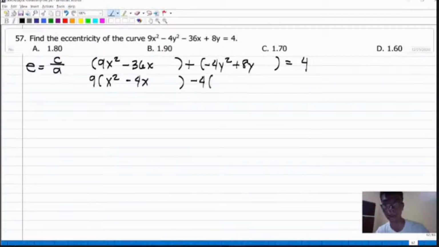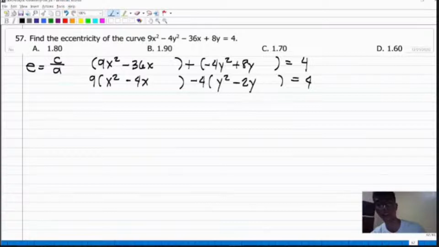Dito naman, sa y square, mayroong kasamang negative 4. Ilabas muna natin yung negative 4. So, may matitirang y square dito. And kay 8y, ilalabas natin si negative 4. May matitirang negative 2y. Kaya kapag multiply ulit natin yan, naglalabas na ulit ay positive 8y equal to 4. Dito pa lang tayo mag-proceed sa